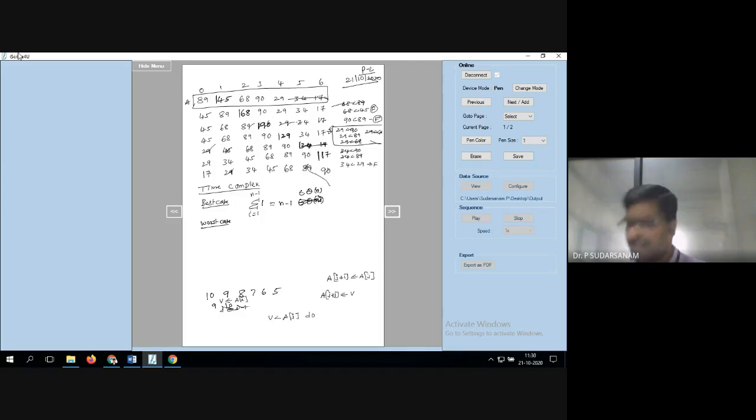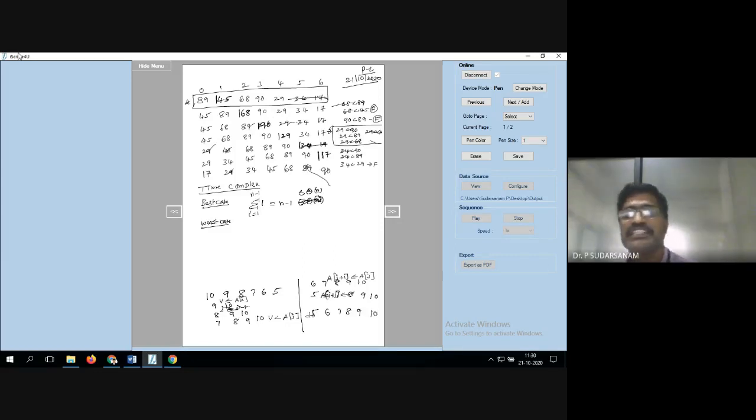Next, when you are coming to 8, what will happen? So 10, 9, 8. Next, 7 will be coming here, and 8, 9, 10 will be moving. Similarly, in the next case, 6, 7, 8, 9, 10. Next, when we have the 5 also, 10 will be moved to last, next 9 will be moved, 8 will be moved, 7 will be moved, 6 will be moved, and 5 will be coming here. Now in this case, the final answer is 5, 6, 7, 8, 9, 10.